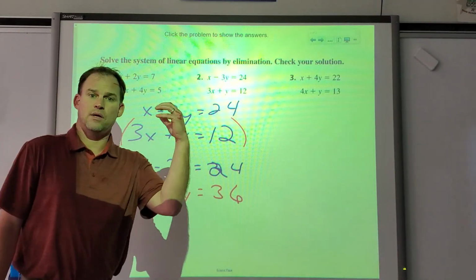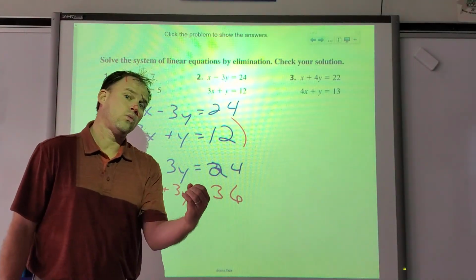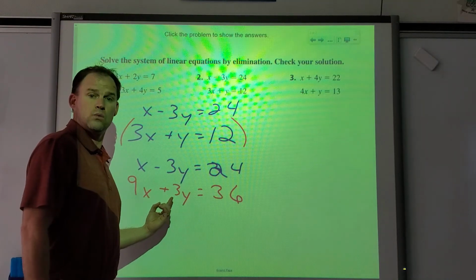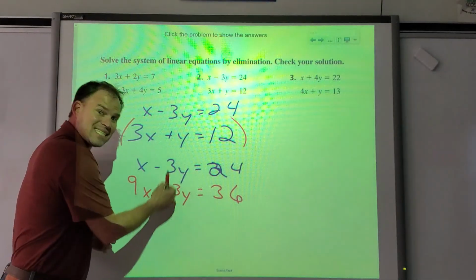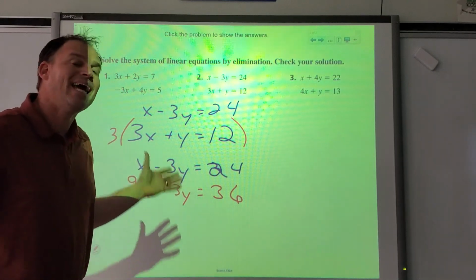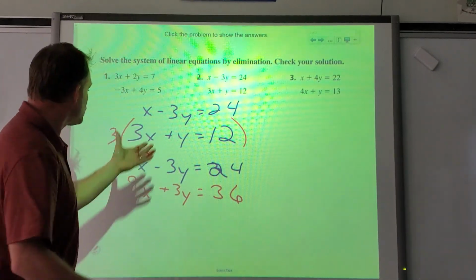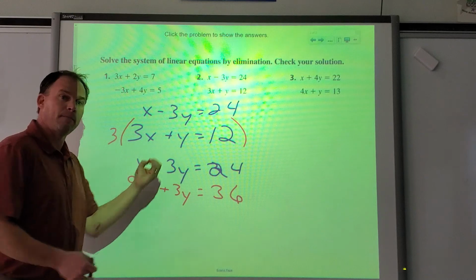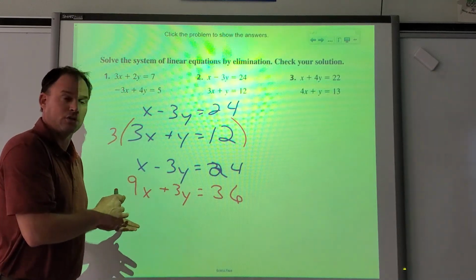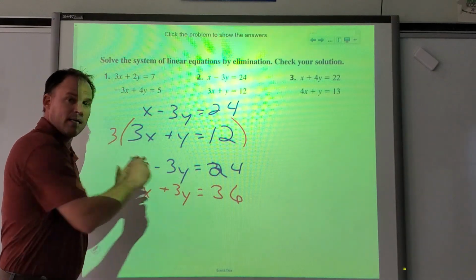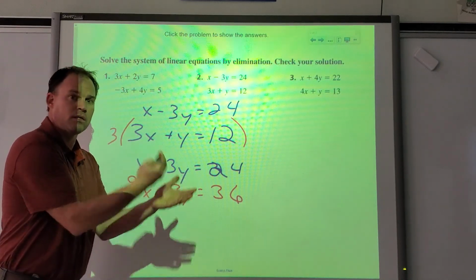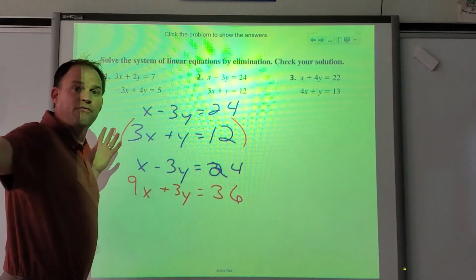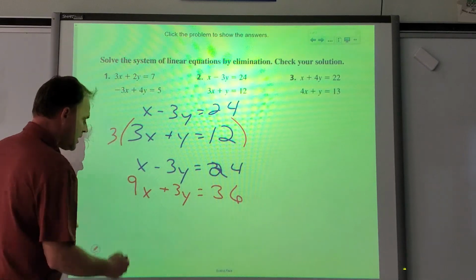Do I have opposites now? Yeah, I do. Why did I choose 3? To make this happen. You can pick anything you want to make one of them be opposite coefficients. You can do x, you can do y. Doesn't matter. Make it happen. Pick the number to make it work. Everything else just kind of falls into place. Okay? Now,